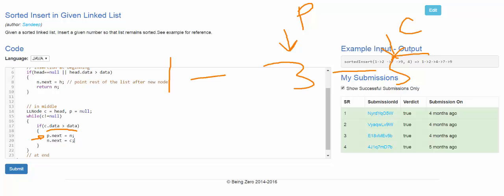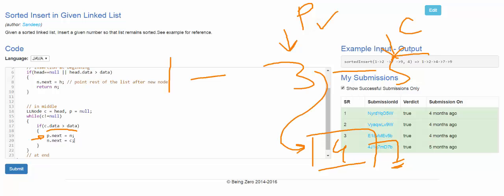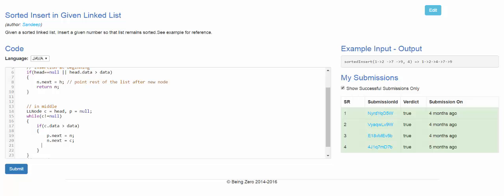Now n is the node that we created in the beginning, the node which has the value 4, and its next is null. So we are saying p dot next is n, so that is the linking we are doing, and then we are saying n dot next is nothing but C. If we do this, then we say insertion is done. And whenever we have done this insertion, we will be returning the original head, because here we have done insertion